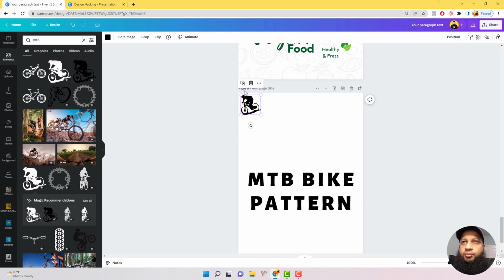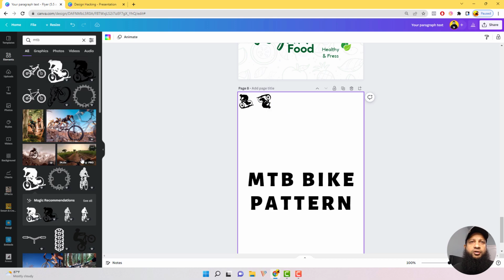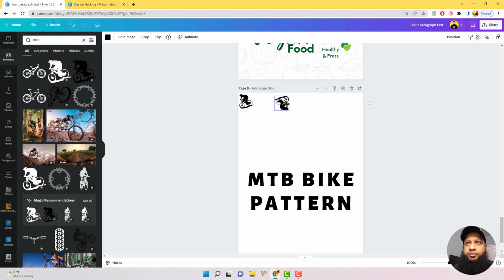Just black or any color. So we'll take this one. Actually, yep, let's take that one. Then I'll copy it by selecting the previous one and pressing Control D. And as you can see, I'm trying to create a pattern here. Okay, I'll make it a little bit far, and then maybe in between I can